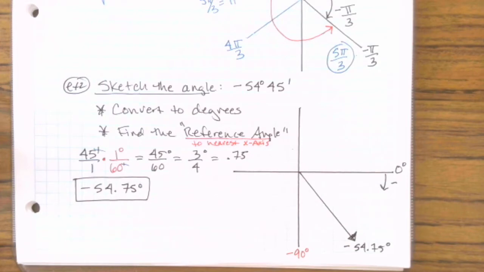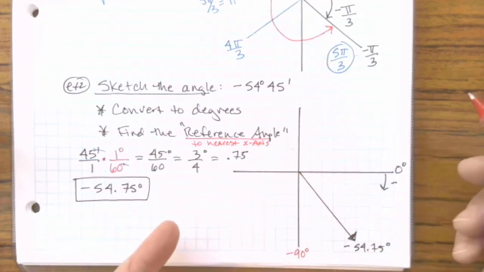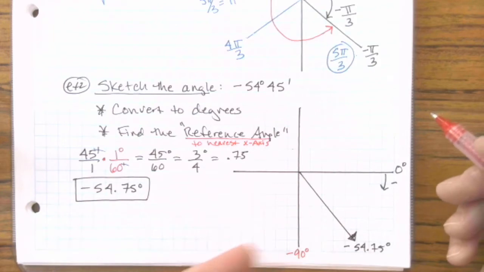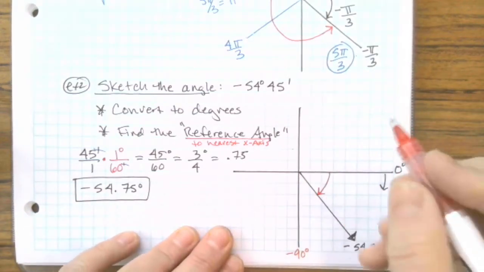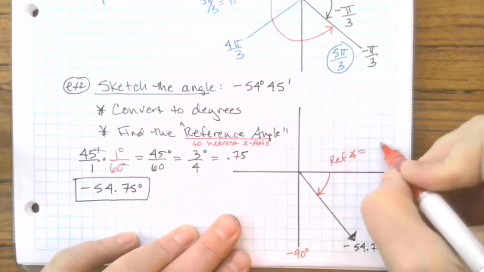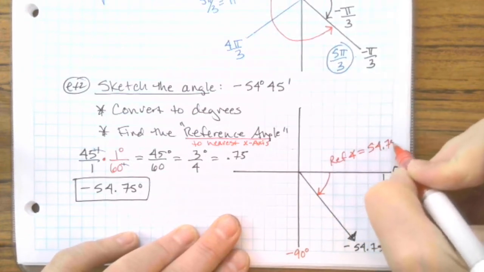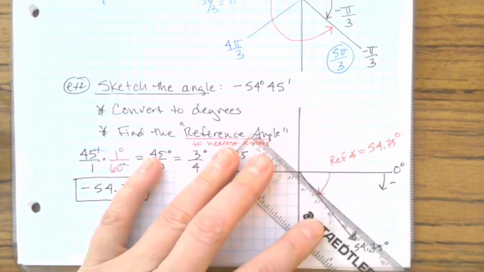And sometimes, in this case, the reference angle is going to be the same. Other times you're going to have to subtract. In this case, our reference angle really is, so I'm going to put reference angle is 54.75 degrees. Now, if you're trying to get a good graph off of this, what you would want to do is measure